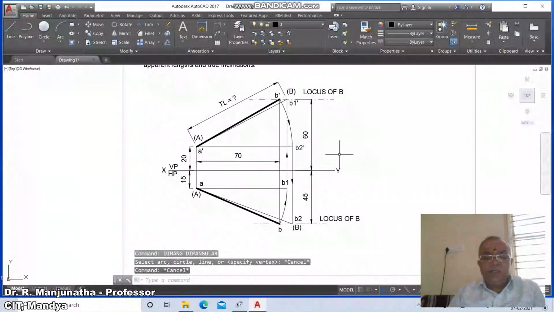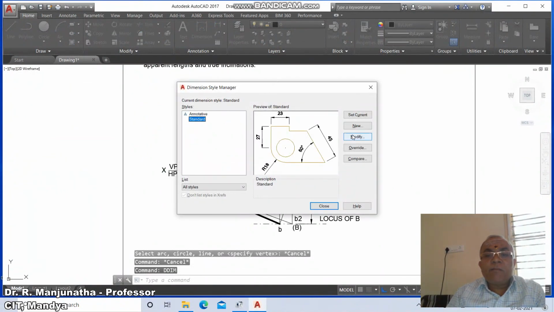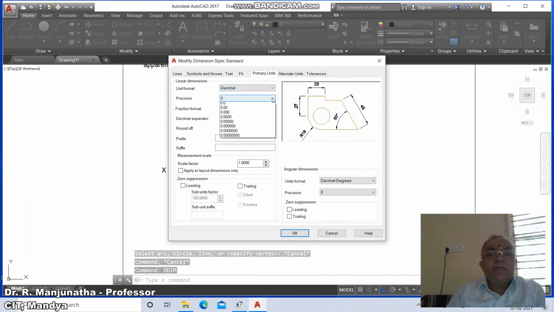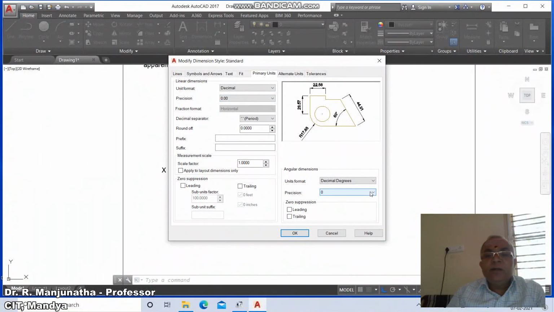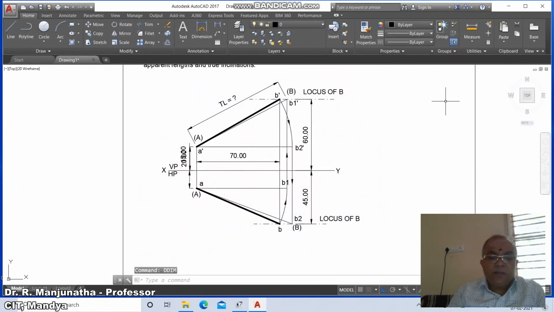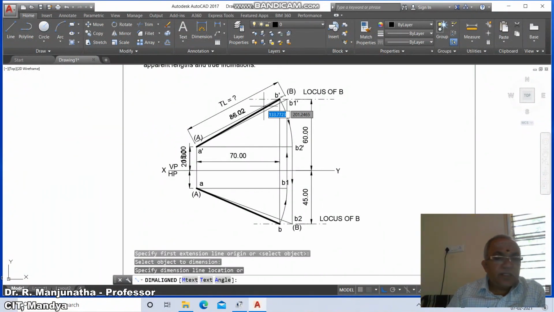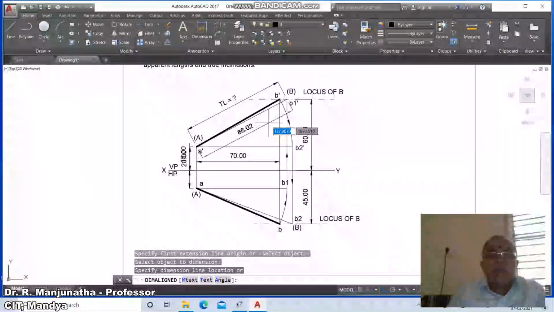So now we go for the precision DDIM and go to modify and primary unit, make it up to second decimal point, angular dimension also up to second decimal point, and say close. Okay, then go to dim aligned, so you select this, you can see 86.02, is the actual dimension.